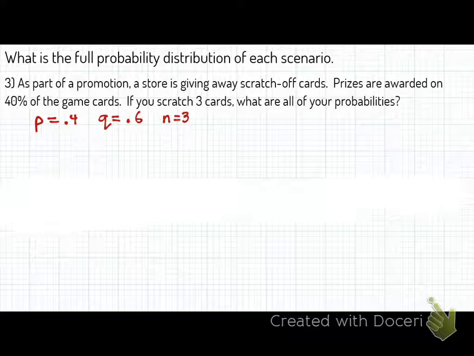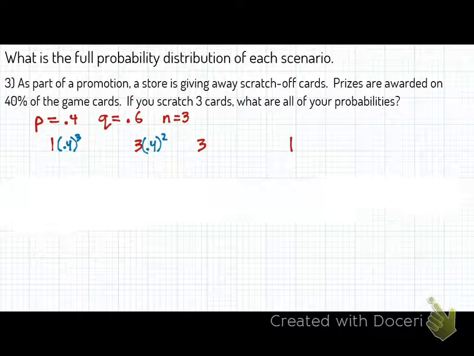All right. Okay, so we're going to go to Pascal's, the 3rd level. What are the coefficients for Pascal's on the 3rd level? 1, 3, 3, 1. Okay. Now we're going to put our P in. P to the 3rd power. So I know that P is going to be 0.4, so I'm just going to jump in and put 0.4 to the 3rd, 0.4 to the 2nd, 0.4 to the 1st, and 0.4 to the 0.